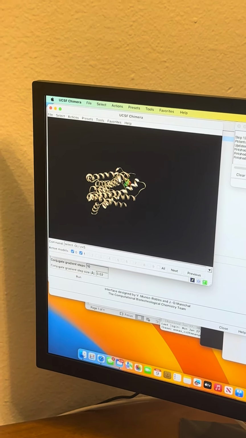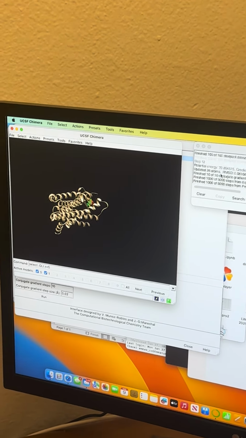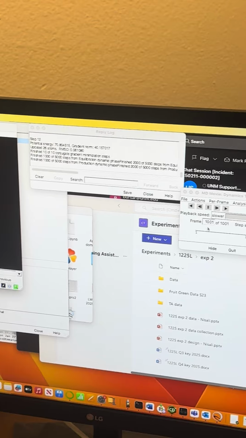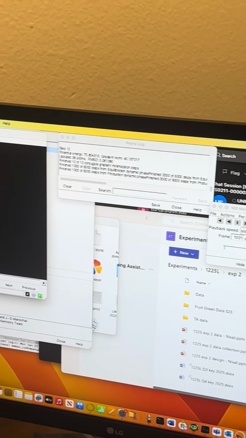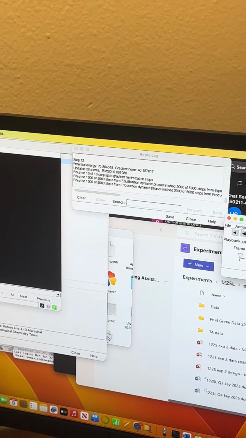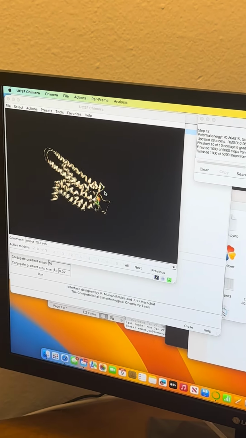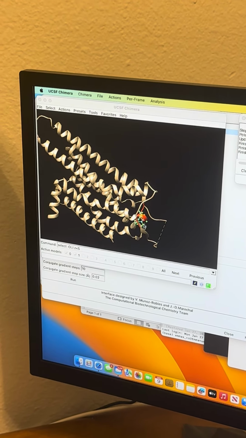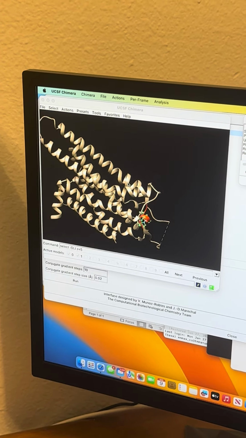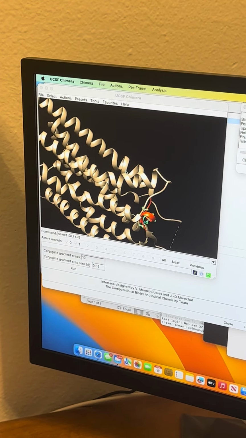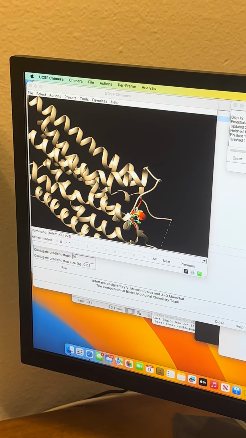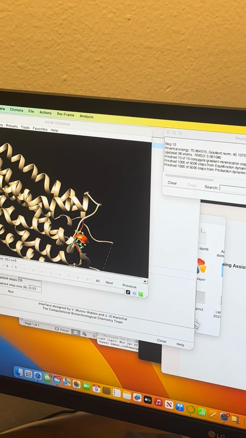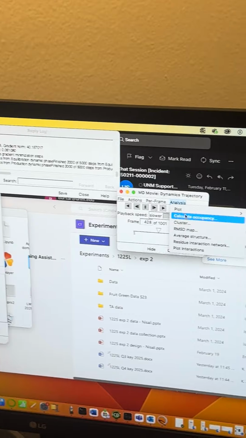You can see here is the potential energy at step 12 of the gradient minimization. So the next thing I'm going to do is just play this so you can see how the movement of the atoms in the small molecule upon the binding to the protein. So that's just the basic molecular dynamics simulation. Then the next thing will be to go to analysis. Once you go to analysis,